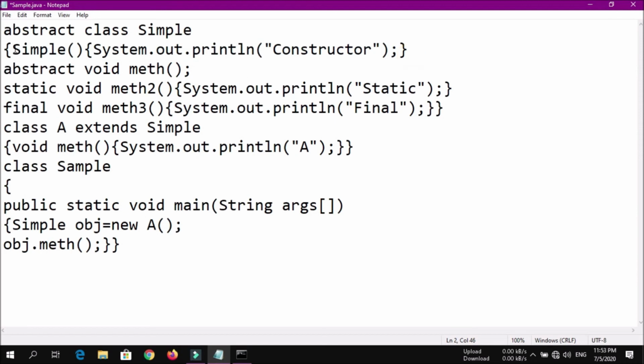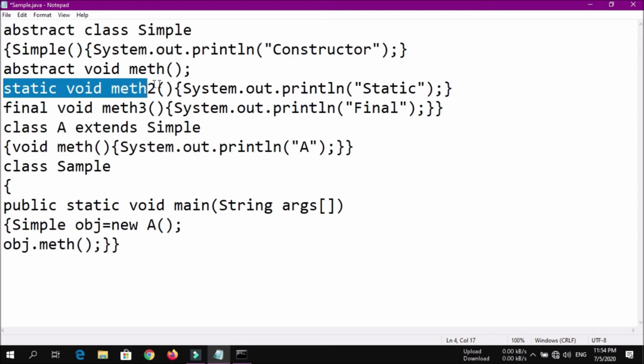Now to call a constructor you don't need to do anything, because as soon as an object is created of the same class, the constructor is automatically invoked. So you don't need to worry about it. If you remember, the way of calling a static method is different from calling a normal method.